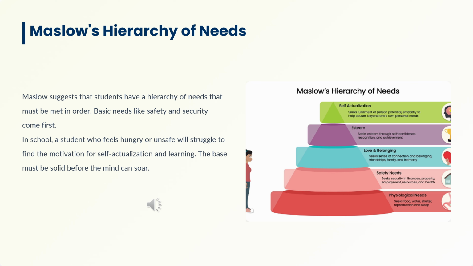Maslow's theory proceeds from the idea that human needs are arranged in a hierarchy, and that higher forms of development become possible only when more basic conditions are sufficiently secured. Within school life, this means that a student who feels unsafe, unsupported, or physically uncomfortable is unlikely to demonstrate strong academic motivation.